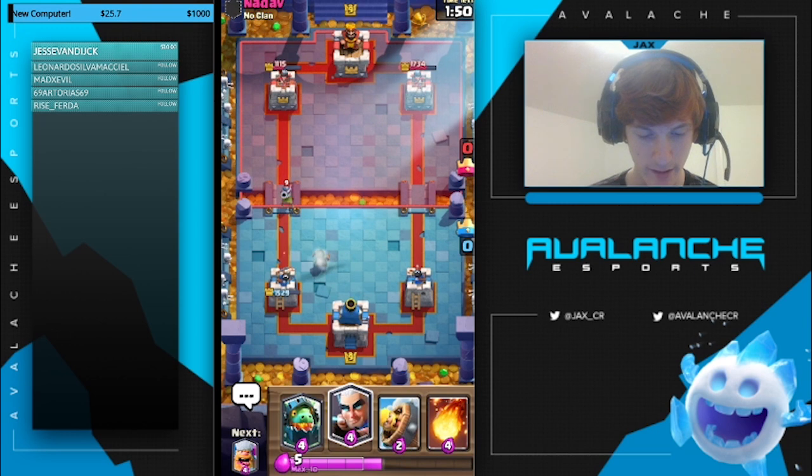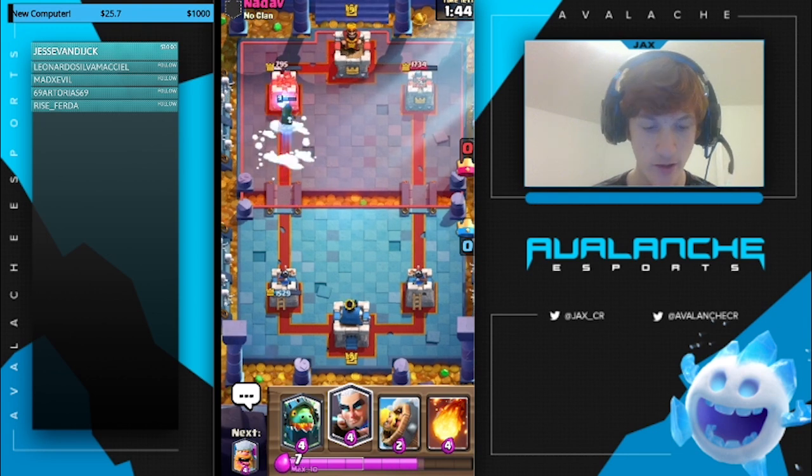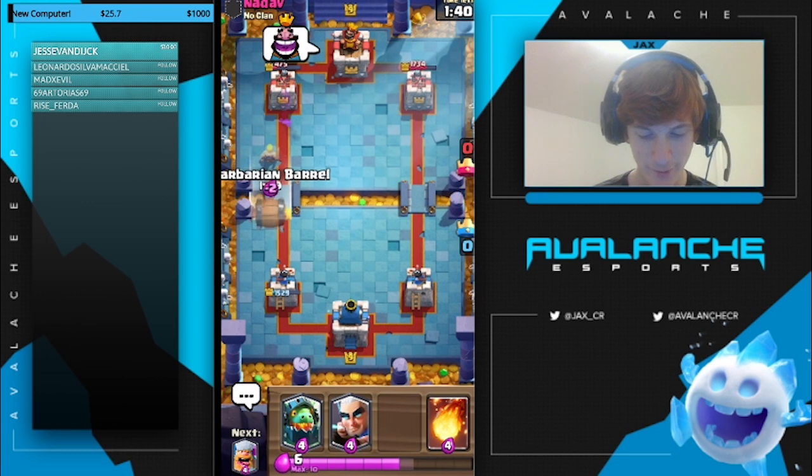So we'll go in with the Bandit to counter this Musketeer. Oops, misplaced her a bit because Musketeer got 2 hits. See, what is he going to do? He's going to Snowball, and he's going to whiff the Snowball. That's so good for us. We'll hit him with the...